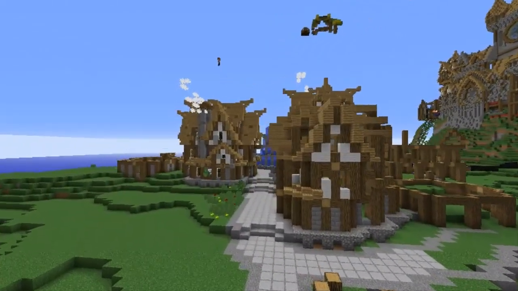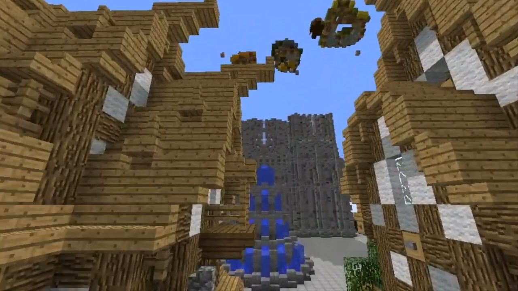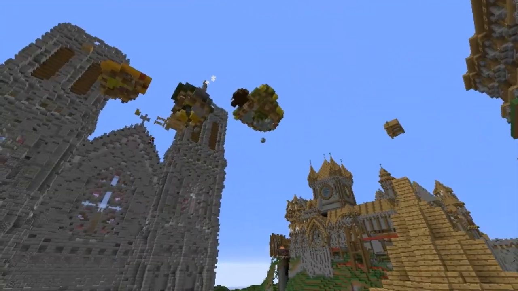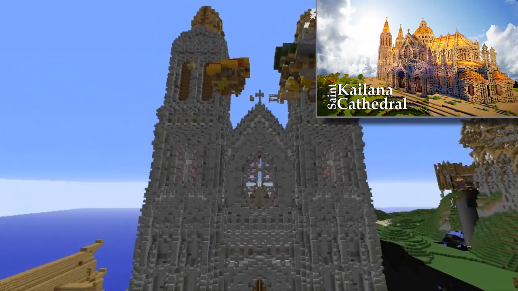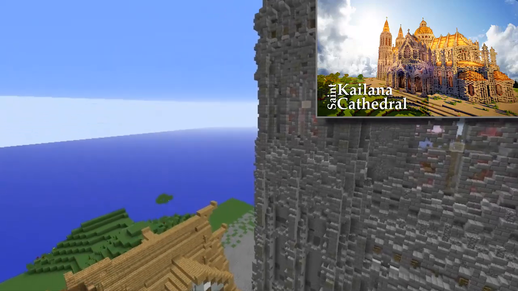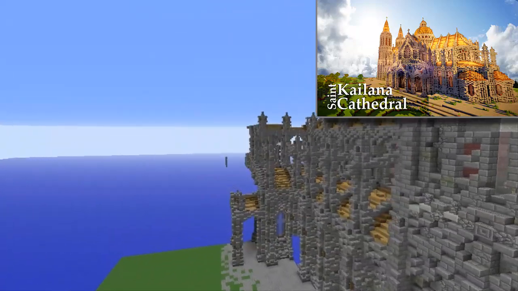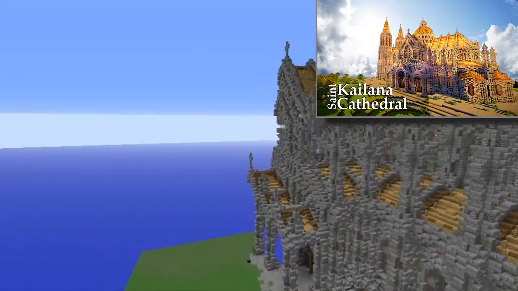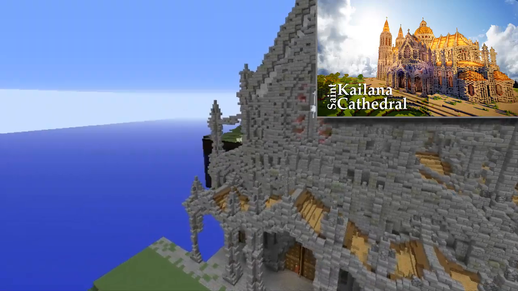So this is where we placed our cathedral, our Saint Kailana cathedral. You can click in the right upper corner of the screen to see the showcase we made. It's downloadable either on Planet Minecraft or on minecraftschematics.com. And this was our entry for Madness 64's cathedral contest. Hint hint, Madness, if you're watching this, please make that video because wow, it's been like a month now,